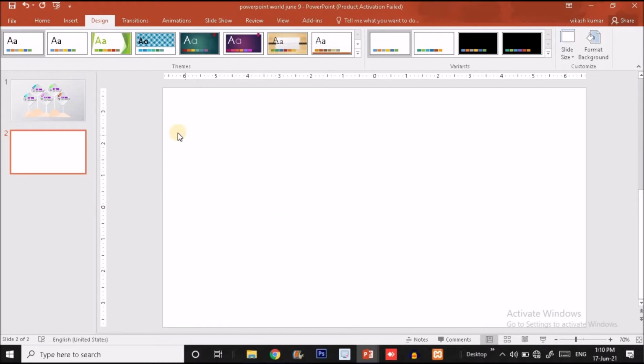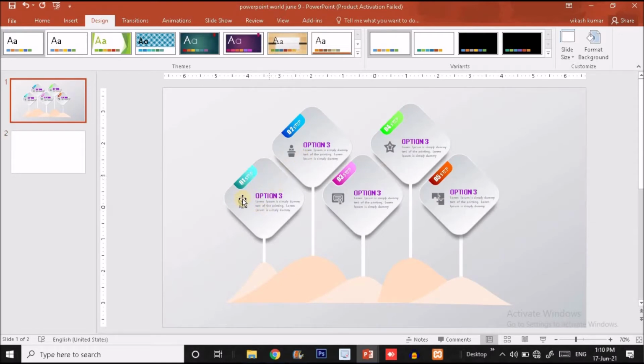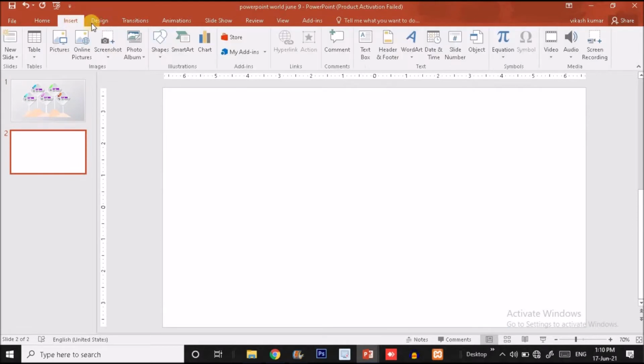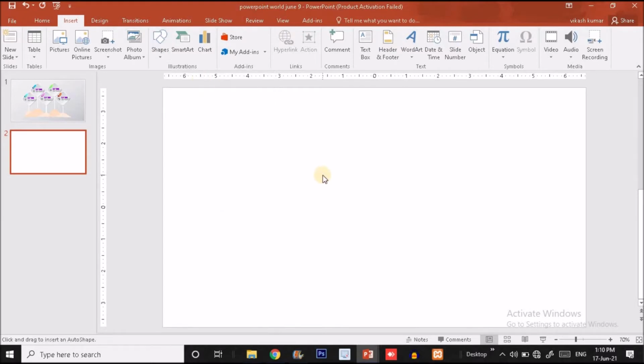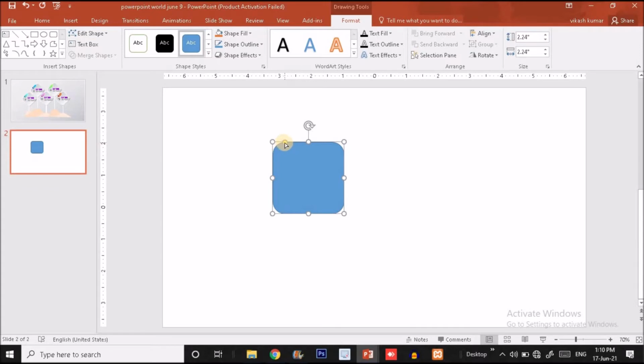We are ready with the blank slide, and now we'll start creating the shape. First we'll start by creating the square. I'm going to click on the insert option. Here you will find the shape option. Just click on that and choose the rounded rectangle option. Press Ctrl and Shift together and drag it outward to make a rounded square like this. Now you will find a yellow dot over here, so you just have to slide it leftward to make the corner sharper, and drag it to the right to make the corner rounded.